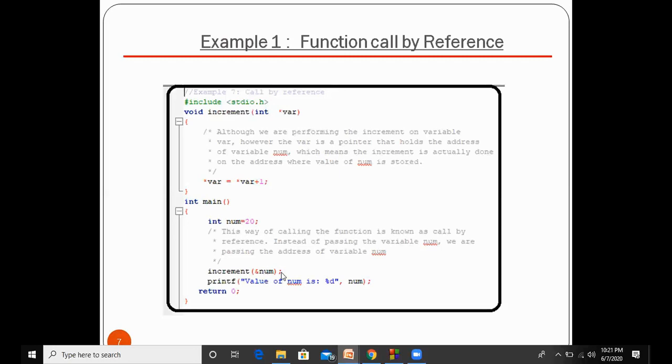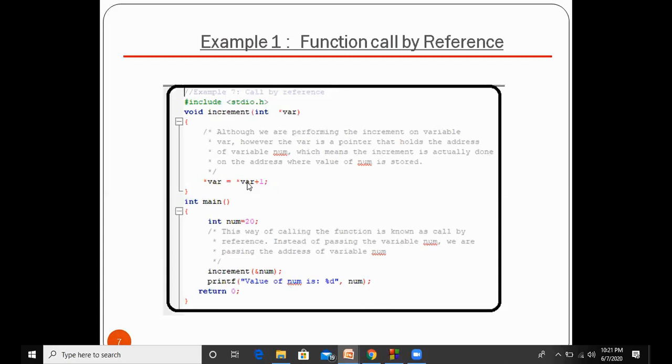Okay, and when the compiler reaches this line, the control will go to where the function is defined, that is over here. And here what we are doing with this variable, we are incrementing it by +1, right? We are increasing it by +1. So we are using variable is equal to variable +1. So what will be the output? After these brackets, the control will come back over here and it will print value of num is num. So the output will be,